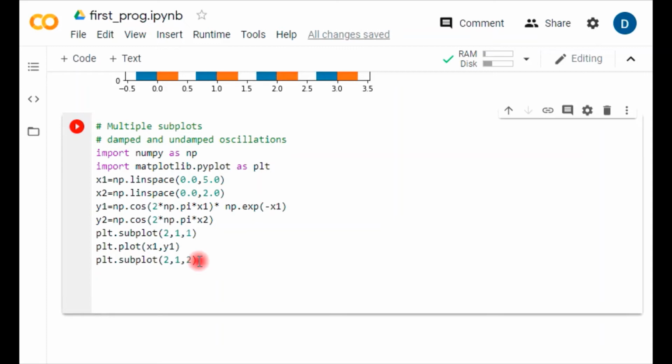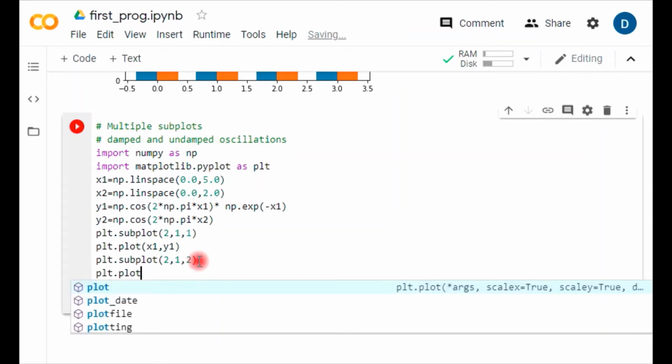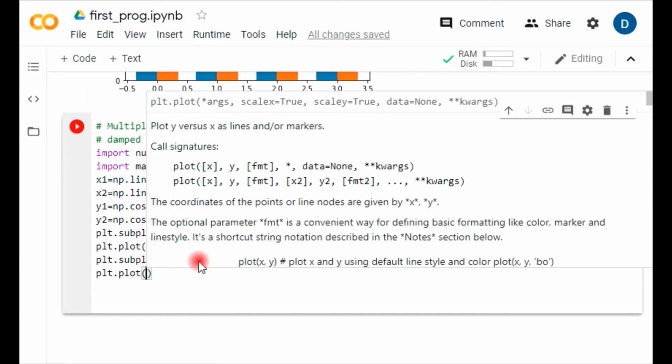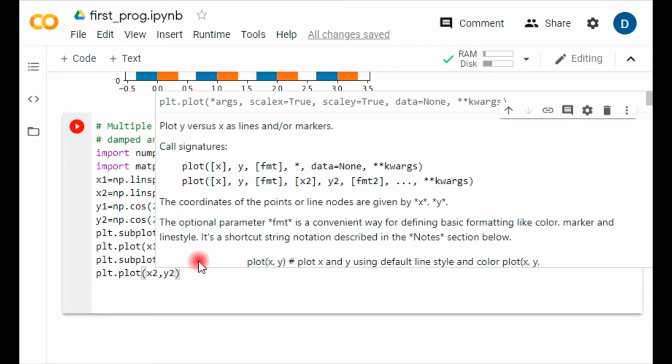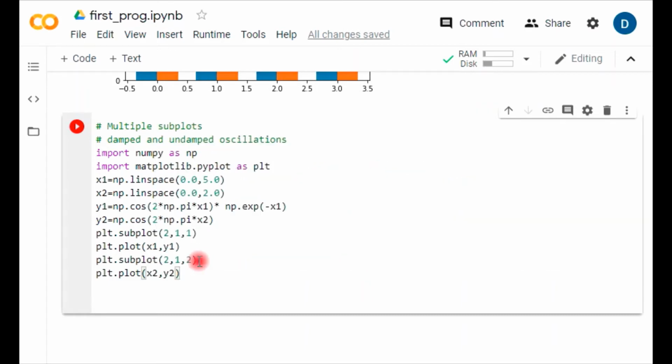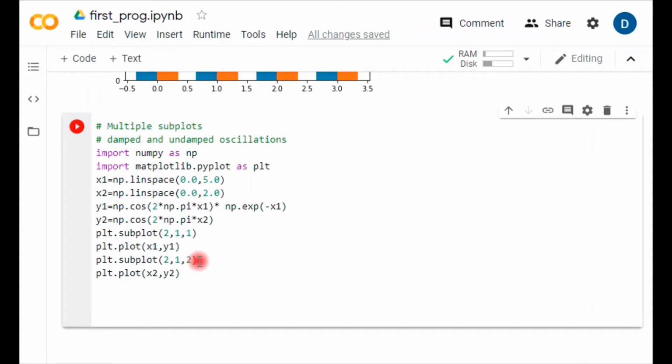Here what are we going to plot? We are going to plot the second one, plot, and we have a relationship between x2 and y2. That's done. Simply I'm going to plot dot show.